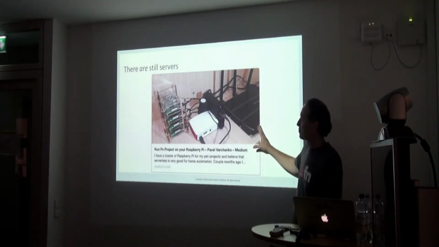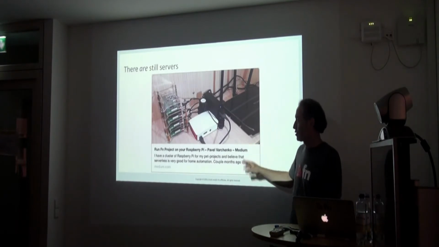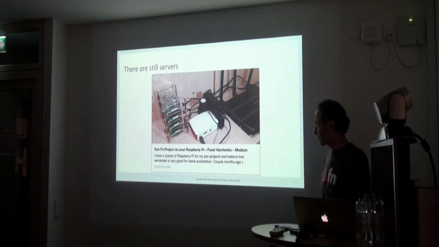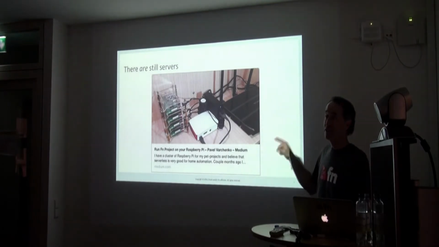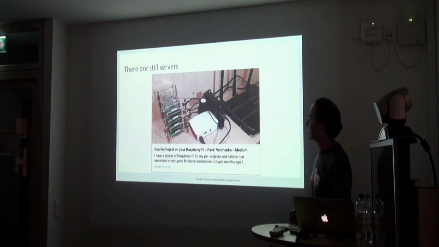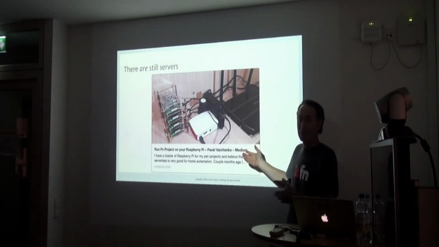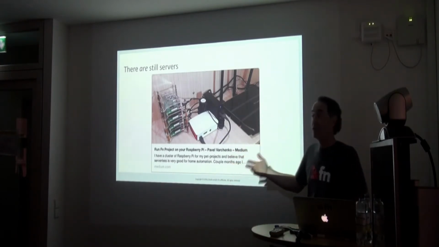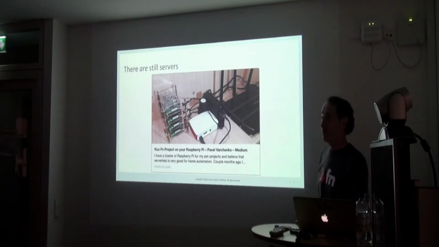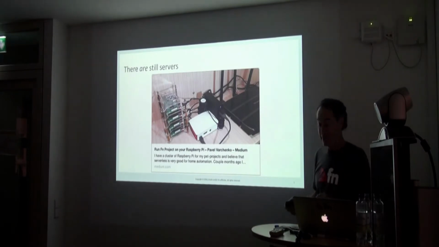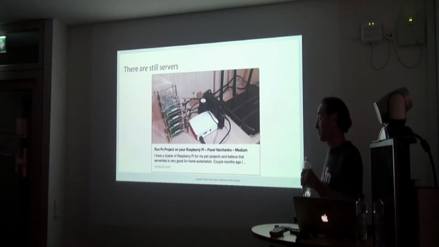Someone posted on Medium that they had ported the Fn project, the thing I work on, to Raspberry Pi. They basically got it running on ARM, and they were doing, I think, home automation. And the first quote was, "That is clearly not serverless. I can see the servers in the picture." Yeah, okay, fine, right? But someone's got to do it. It's a dirty job. Someone's got to own the server. So this poor guy has this thing built. His users, of course, it's serverless. They're deploying some functions. They don't know it's a Raspberry Pi. They don't know how many there are. They don't know anything about this. So it's a running joke, but serverless is maybe not the best name.